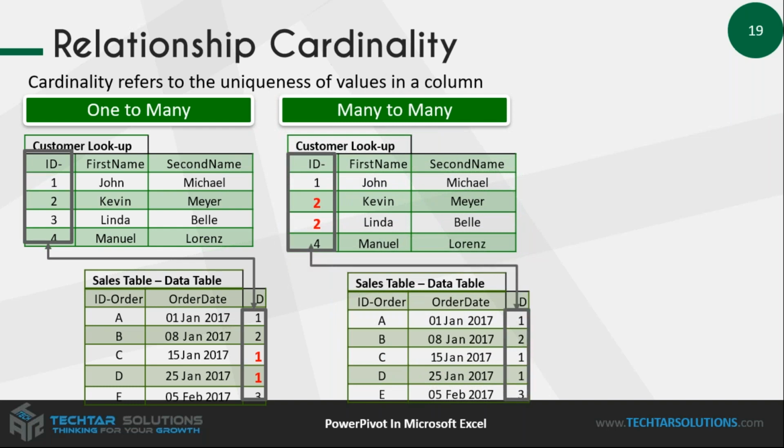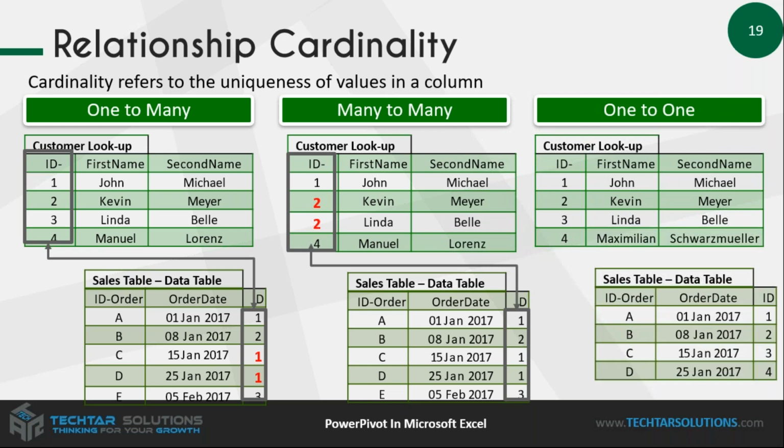Number two, we have many-to-many relationship. In many-to-many relationship, we can create primary key multiple times. Simultaneously, we can create foreign key multiple times. Think as a common person. If I ask you to represent whom, Kevin or Linda, you will be confused, right? Same is the case in data modeling here. If we are using multiple primary keys in the lookup table, the data model will be complicated to understand which one is called in the data table, right?